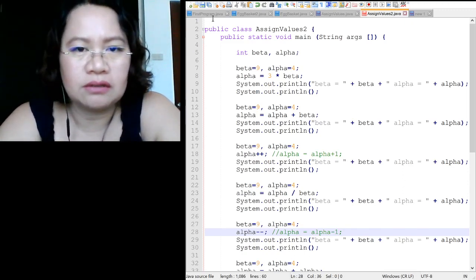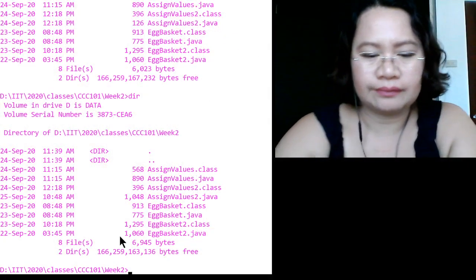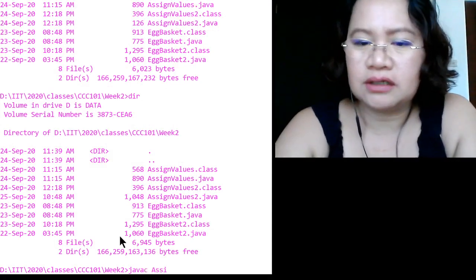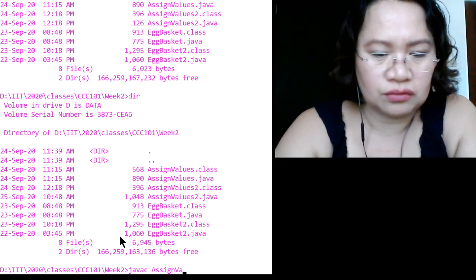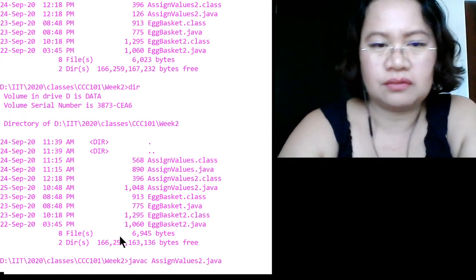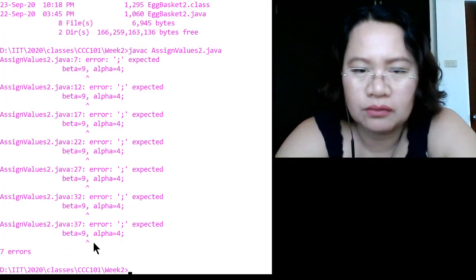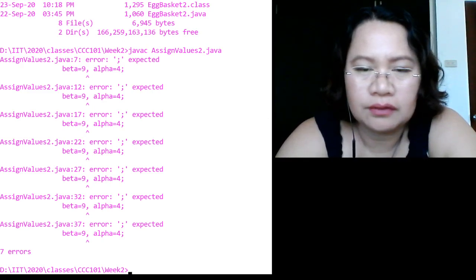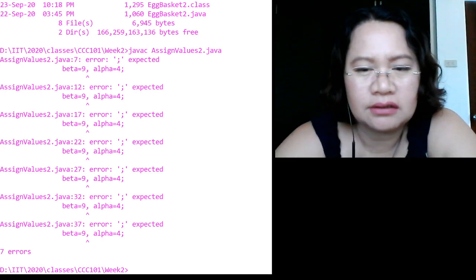Okay, let's run this program. Let me save it. Let me go to the command prompt. And that's assign to, right? Assign to, that assign values to. Oh my God, why? You have beta gets 9, alpha gets 4. Di siya masukot. Oh, okay. So,